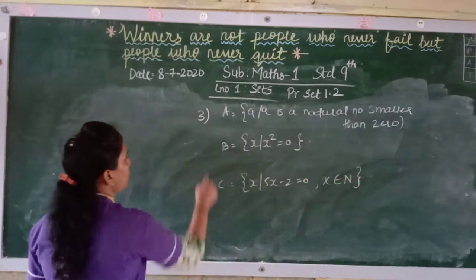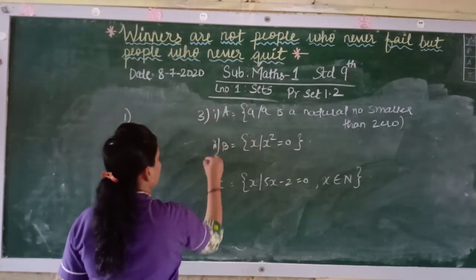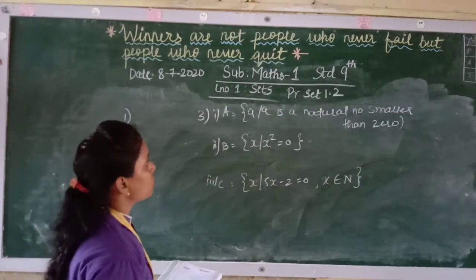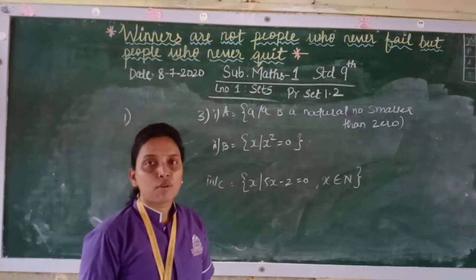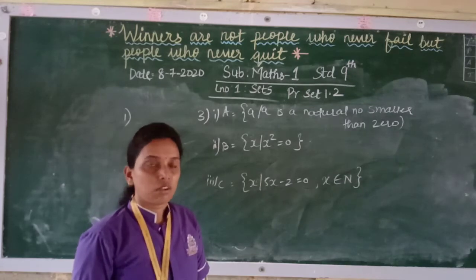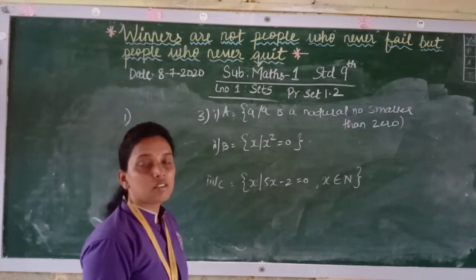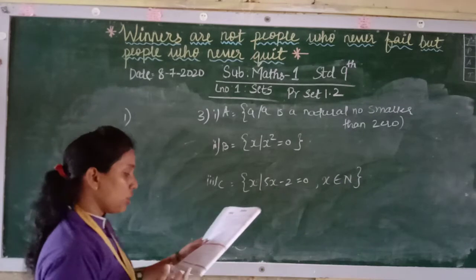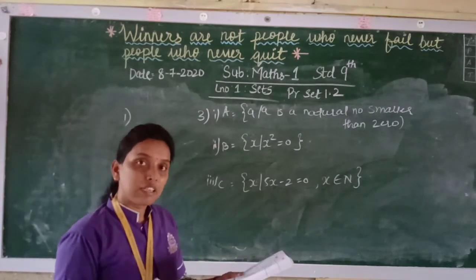Now see, for the first one, A is a natural number smaller than 0. Natural numbers start from 1. Neither is 0 a natural number, and less than 0 will not at all be a natural number. So there is no answer for that because there is no number smaller than 0. Therefore it is an empty set, because if they are empty sets, then you have to say why they are empty sets.